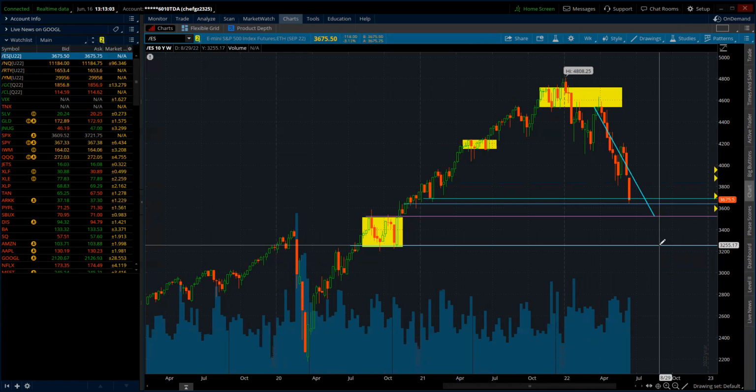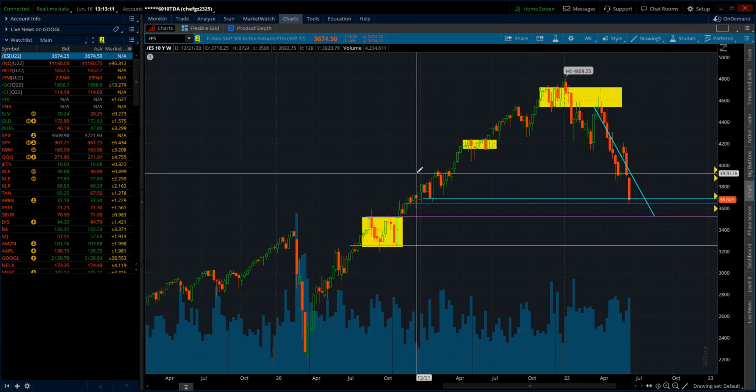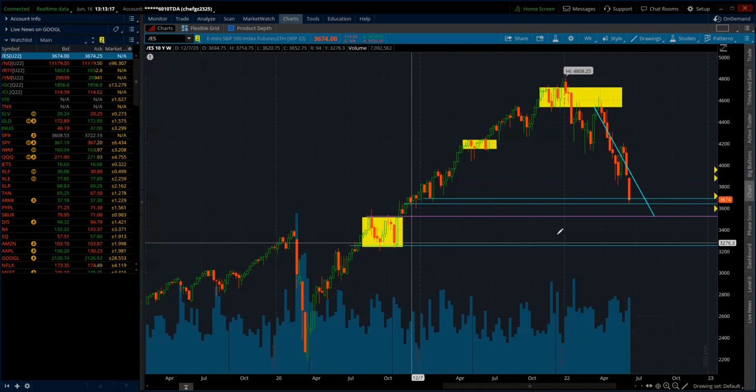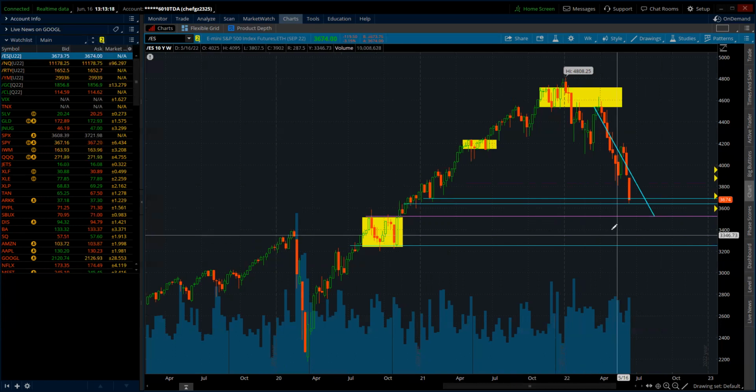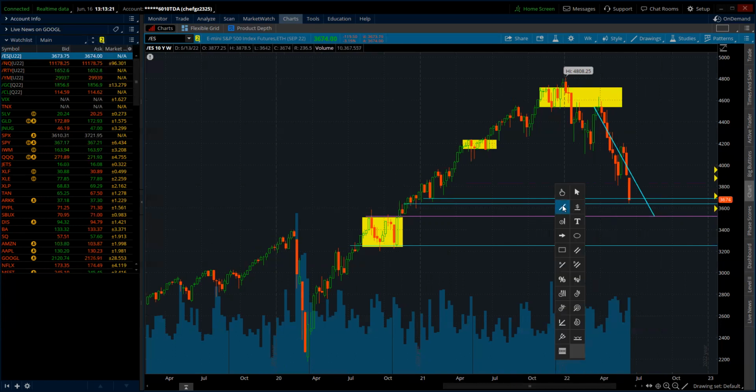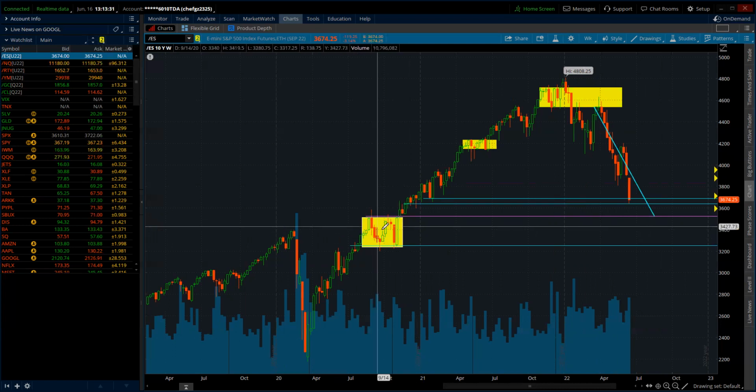Okay, remember that even in the biggest downtrend, you will see some aggressive green candles. Even in a big uptrend, there are aggressive red candles. So that doesn't mean we're breaking trend. There's a sideways action that we need to see in order for this market to stabilize and make the next leg up or next leg down, whatever comes first, whether it's going to be distribution or accumulation. We want the sideways action.